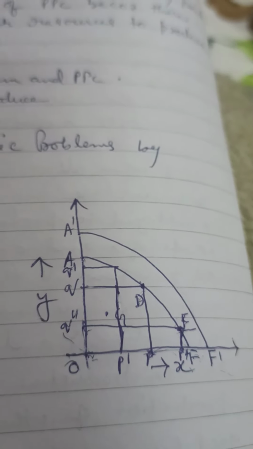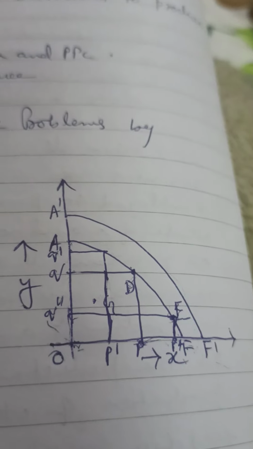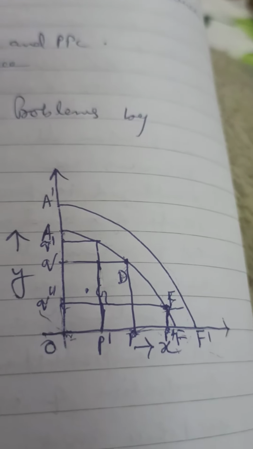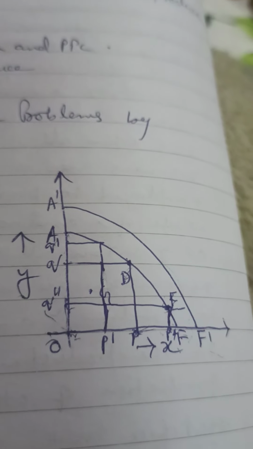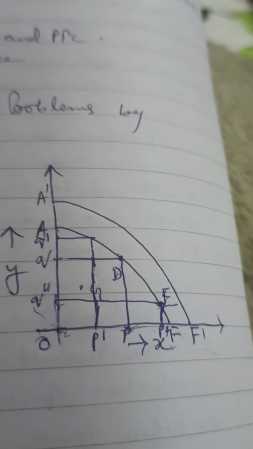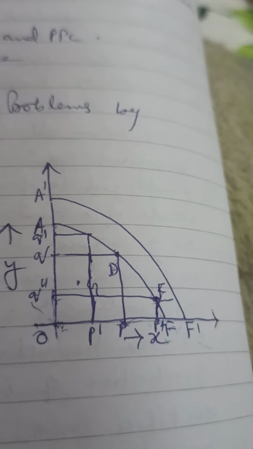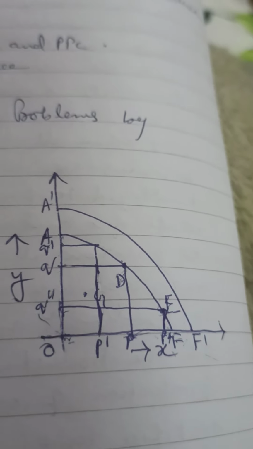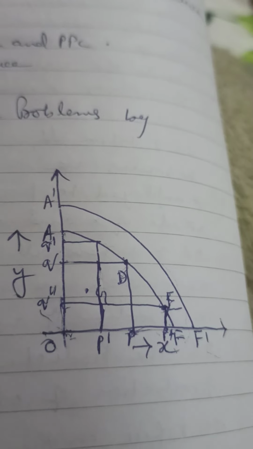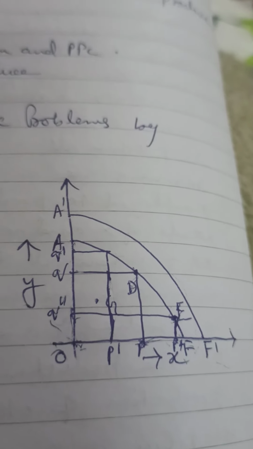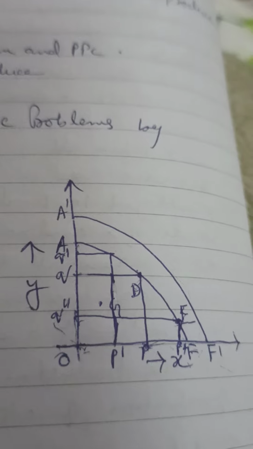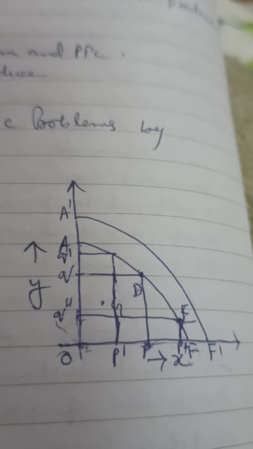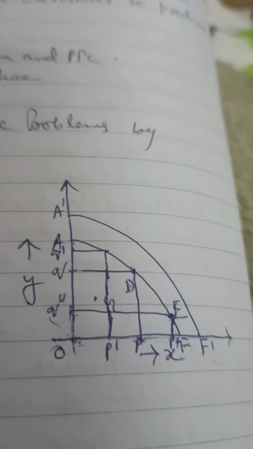This production possibility curve is drawn with a given amount of productive resources. If these productive resources increase, the production possibility curve will shift to the right. This implies that more of both the commodities can be produced than before. Again, when advances in technology take place, the efficiency of resources is improved. In that case, even if the amount of resources remains fixed, the production possibility curve shifts to the right.